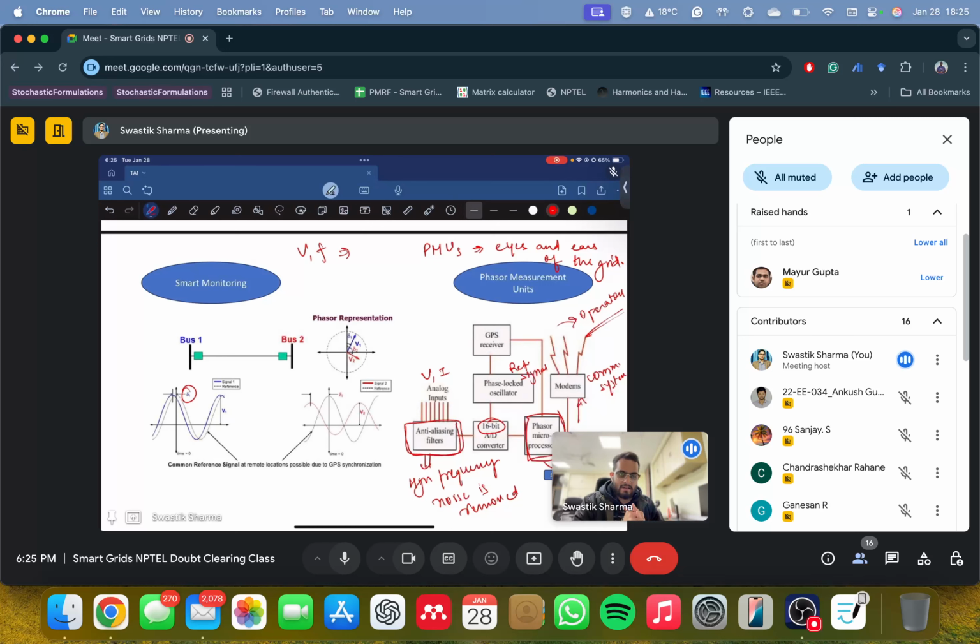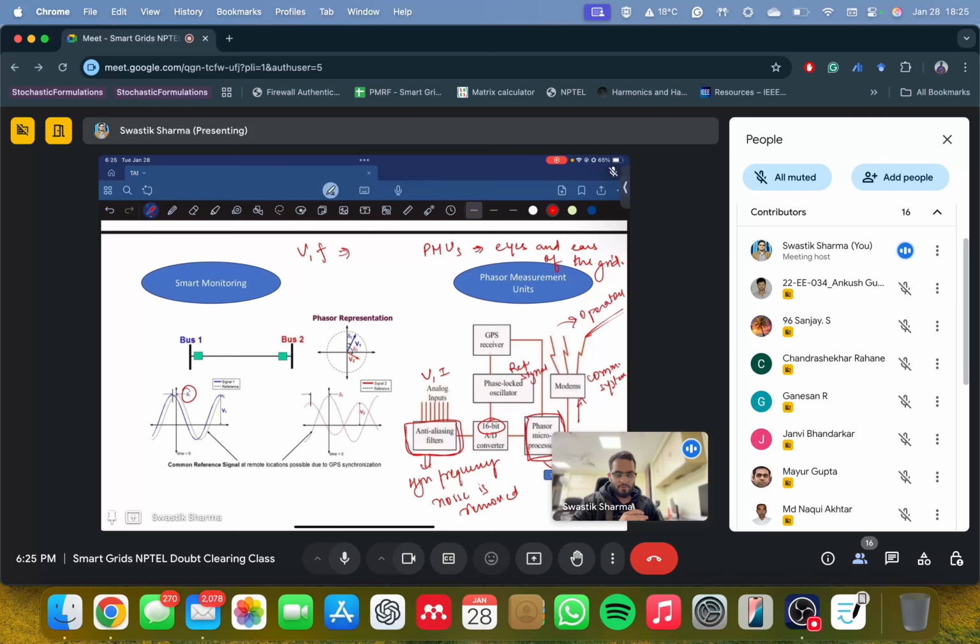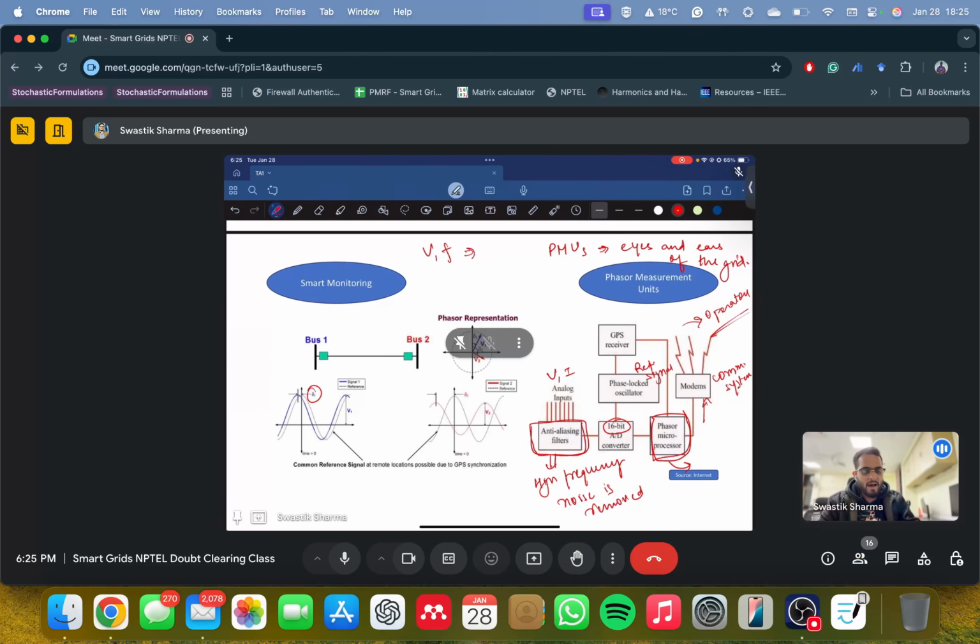Right now PMUs are used at the transmission level. I'll tell you why. Let's say you have sectionalizers at some place, and you experience a fault at that location. You are sitting at Delhi, monitoring the situation happening in West Bengal, right? Let's say there is an extensive transmission system, and over there a sectionalizer switch has to be used to sectionalize two lines because a fault is occurring. How would you get to know about that when you're sitting at Delhi? You're at a remote location and you don't have eyes on that system, right?